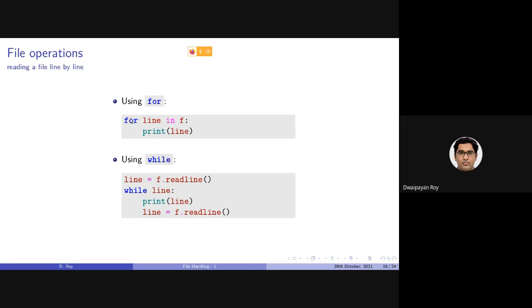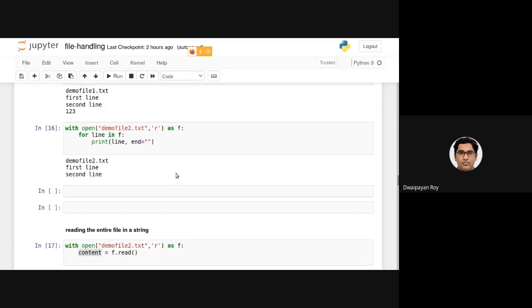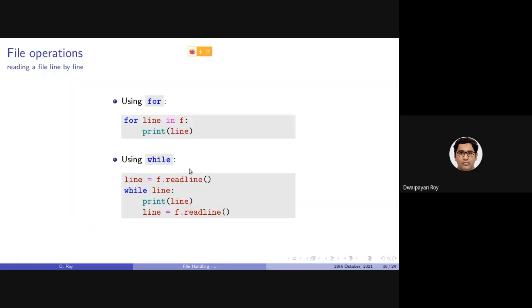As you can see here, what I am doing is after opening the file, I'm using the file object with this for loop. Here individual lines are treated similar to here. If we apply the while loop here, we should be storing another variant of read function before applying this while statement.